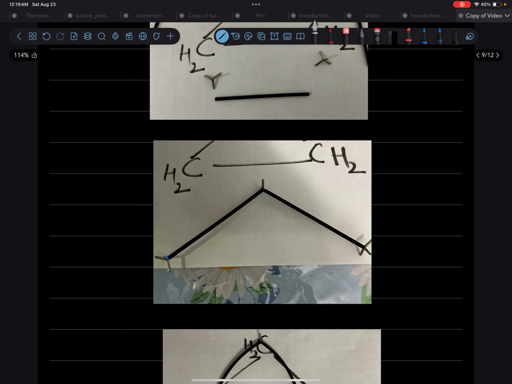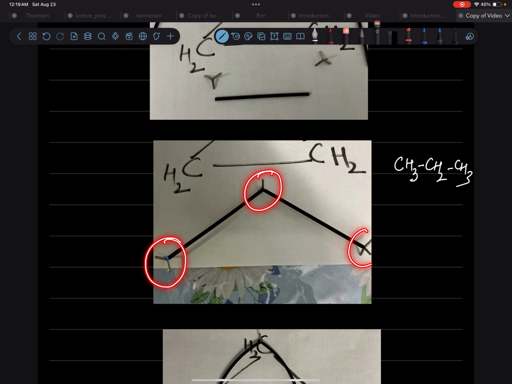So this is propane, CH3, CH2, CH3. So this is CH3, CH2 and CH3, right? So you can see that this bond is quite straight. This is also straight. Now, if I have to make